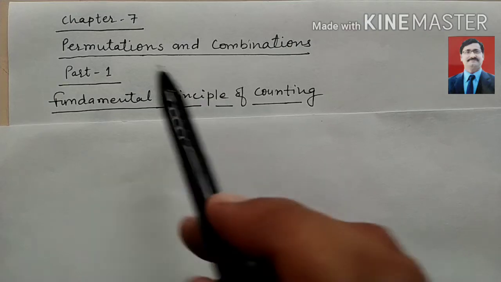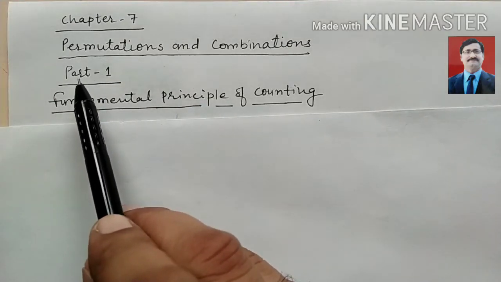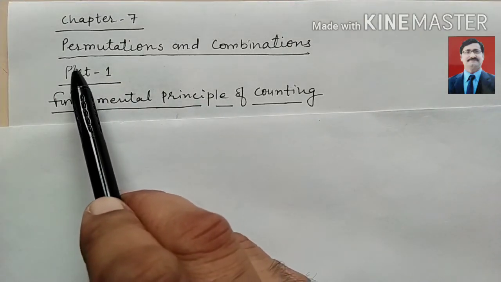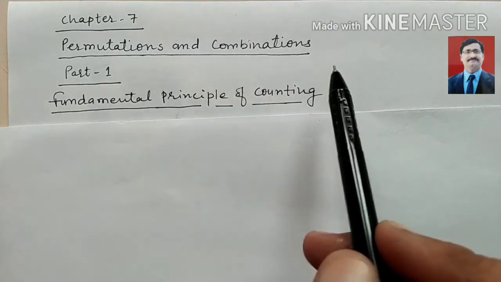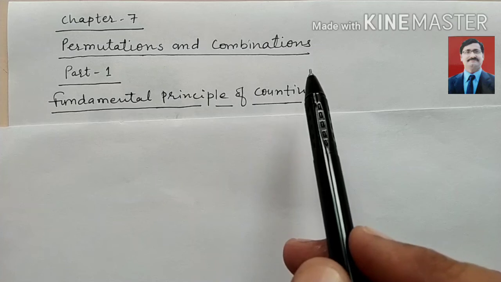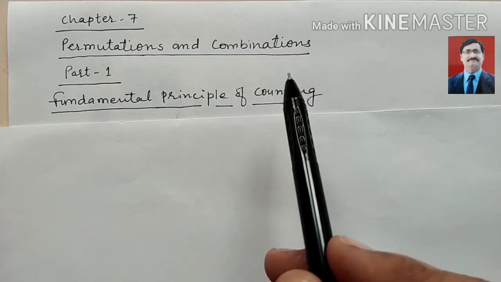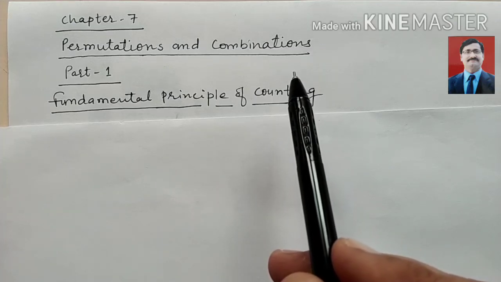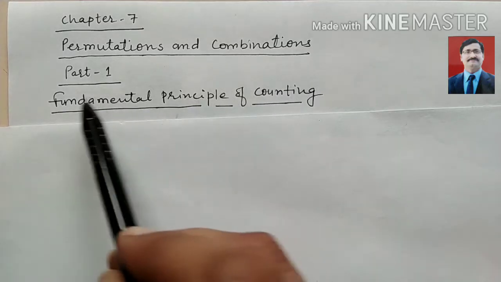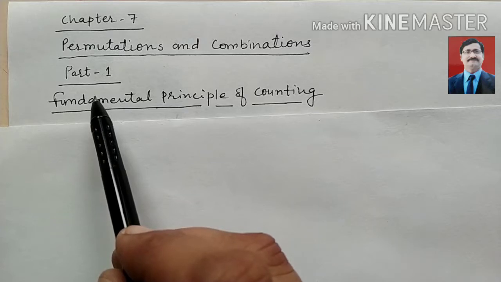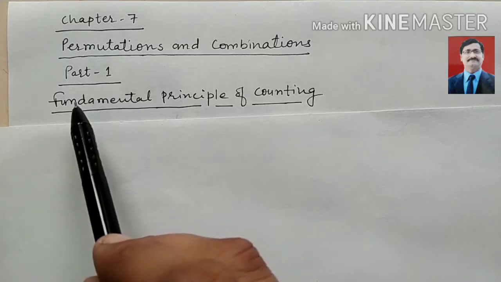Chapter 7 we start, and this is a very interesting topic. Look at this, the name of this topic is permutations and combinations. This topic is very important for the IIT exam and all the bank competitions. This topic is very important, and look here, we will start this part 1, and this is a very important